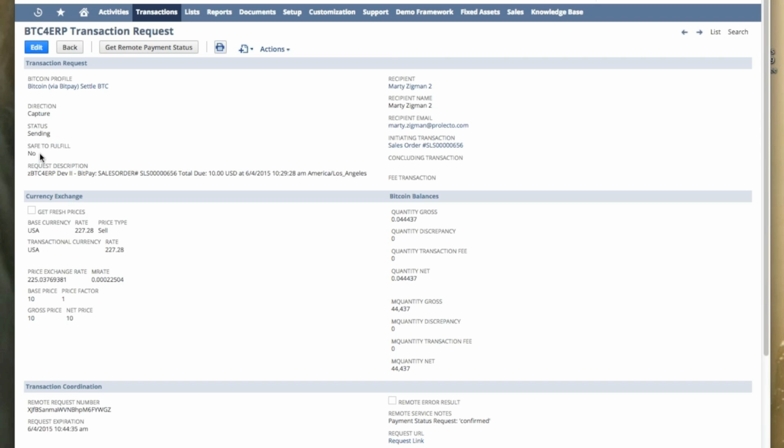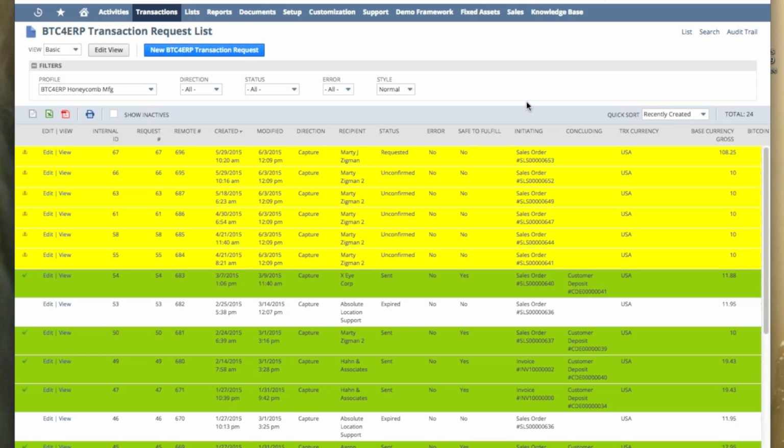And we're basically saying, is the order safe to fulfill? We're saying no, not at this point. It is not safe to fulfill. Okay. However, what I can do is show you some other transactions that we previously did where they were safe to fulfill. For example, here's one